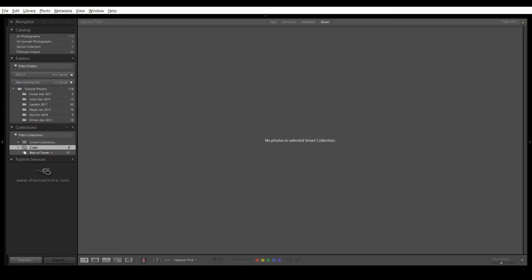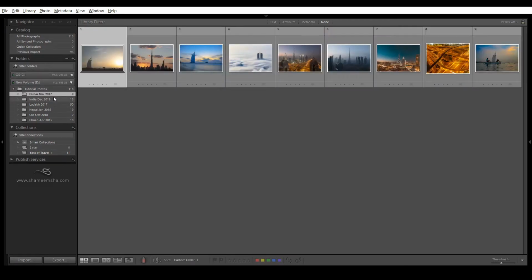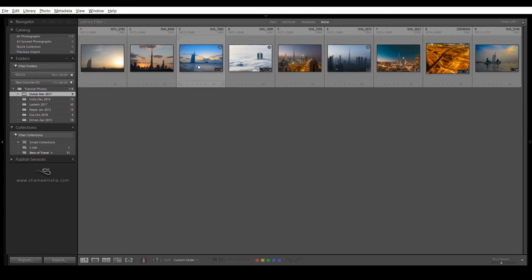Just the folder is created with the cogwheel there, and the number of photos is 0. Now to add to this, you don't have to drag and drop any images into this. All you have to do is go to any folder, and as and when you click 2 star or more, and I click 2 star rating here, you see this number 1. I say this is 3 star, 2 photos will be added.